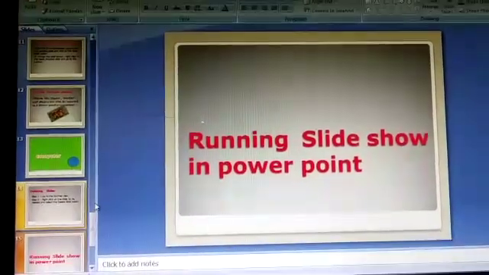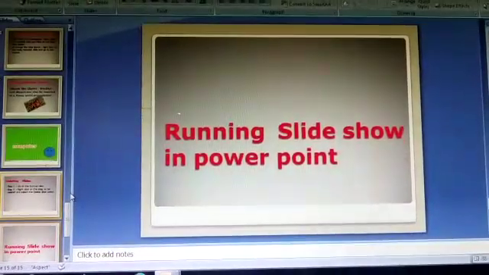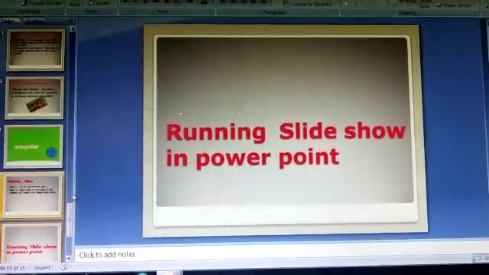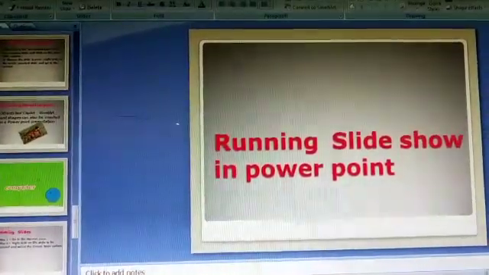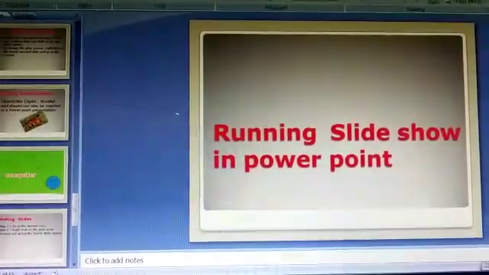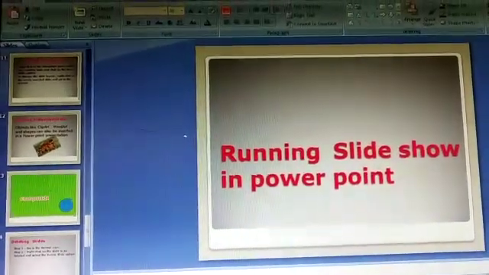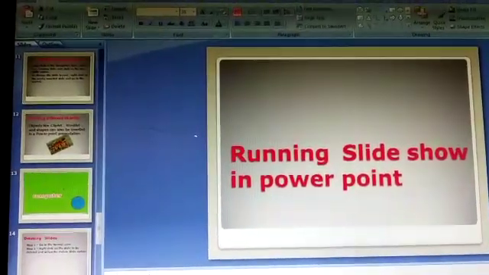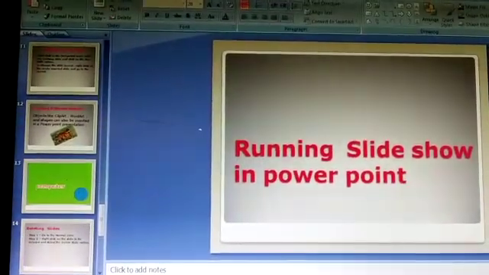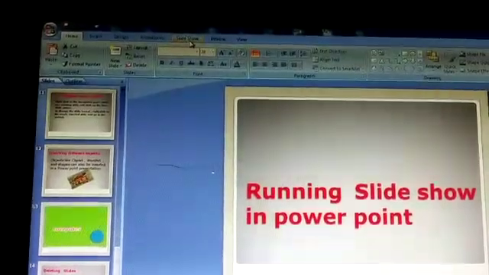After deleting the slide, running a slideshow in PowerPoint. Students, it is very simple to run a slideshow in PowerPoint. I am going to show you how to see the slideshow. We have one option here, that is slideshow.